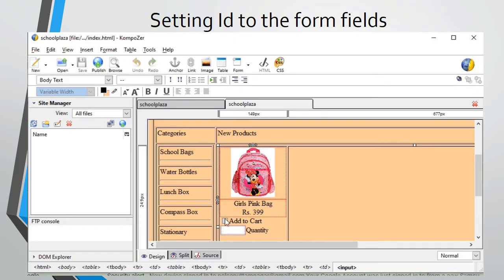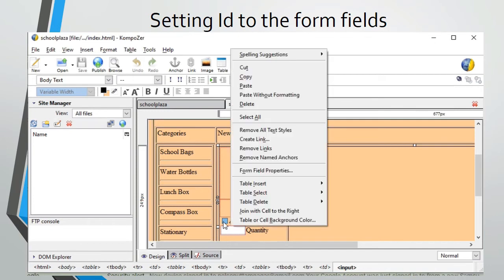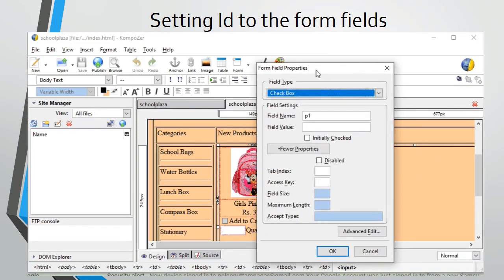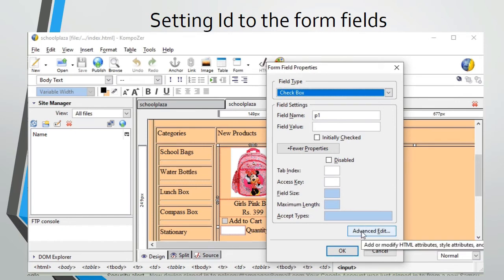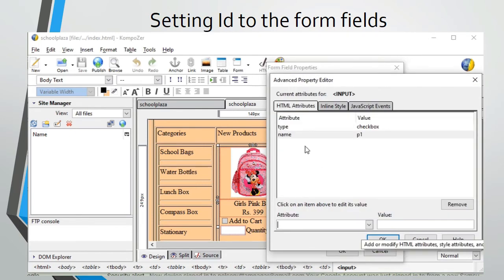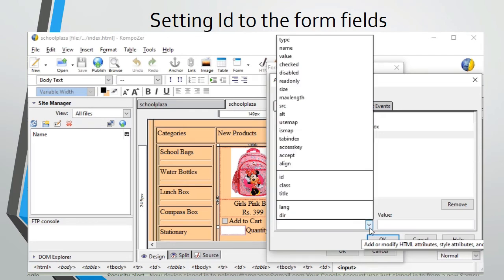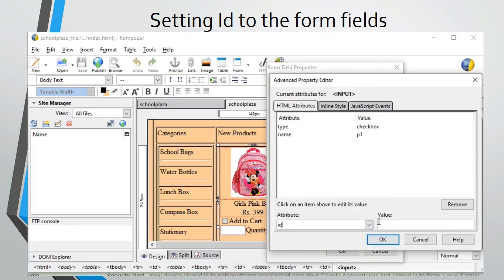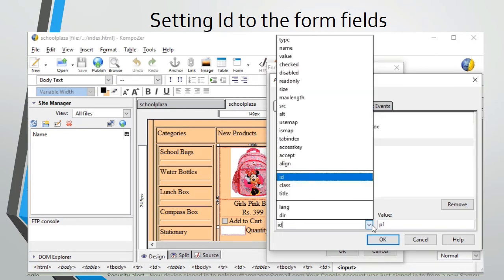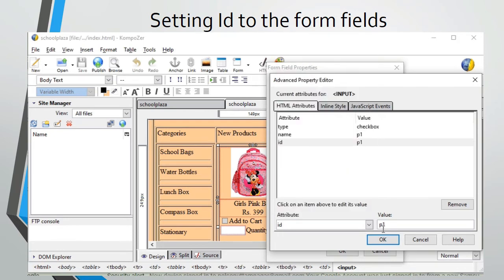Now right click on the checkbox button and go to form field properties. Here in the form field properties, go to advanced edit. In the HTML attribute tab, in attribute group, select ID here and give value as P1, that is product 1.